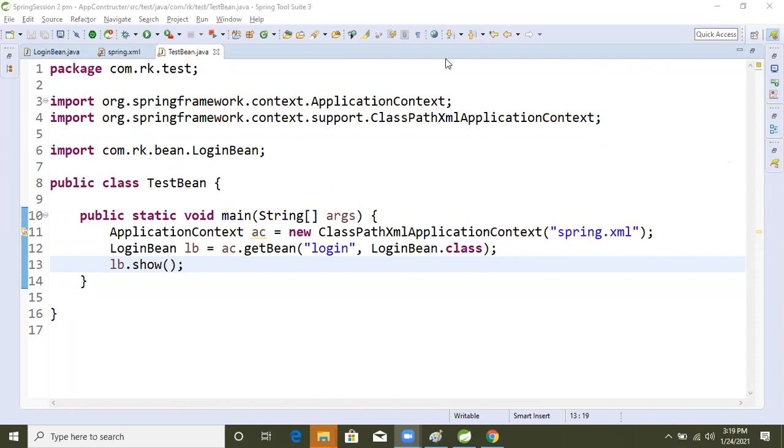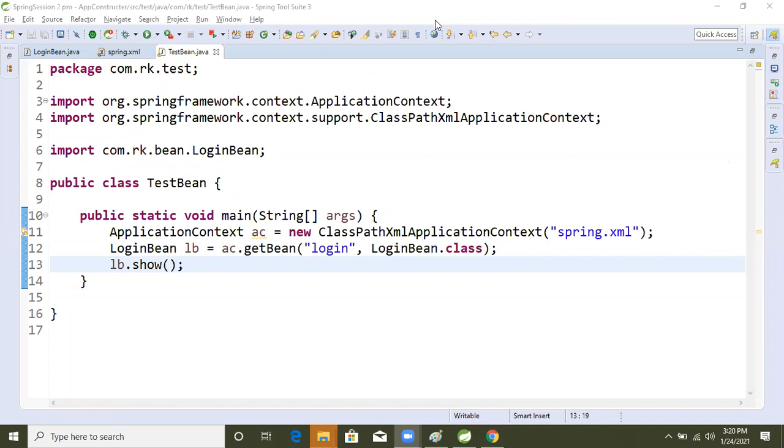If we develop a big application, we don't need to create an object every time. No need at any time to create an object; it is our container's responsibility. The container will create the object.